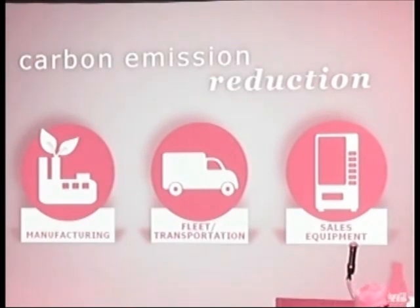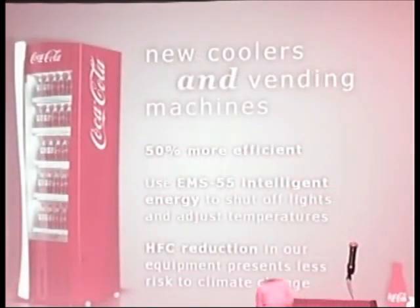So carbon emissions and reduction is another big one. The three icons for that: manufacturing, fleet, and then the sales equipment. So our new coolers that are out in the marketplace now are 50% more efficient. They turn off when the customers aren't there, which is a good thing. Why have them running, or they run at a lower energy output. The lights are off if a customer hasn't opened the door after a certain amount of time. So things like that. HFC reduction,